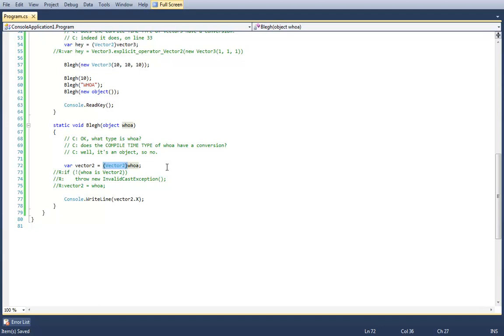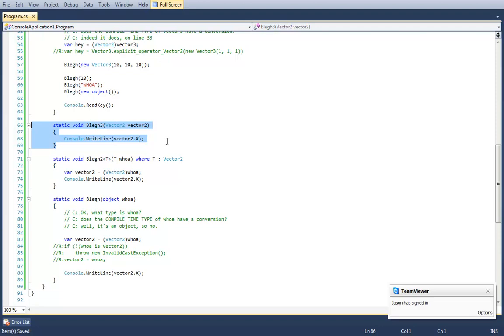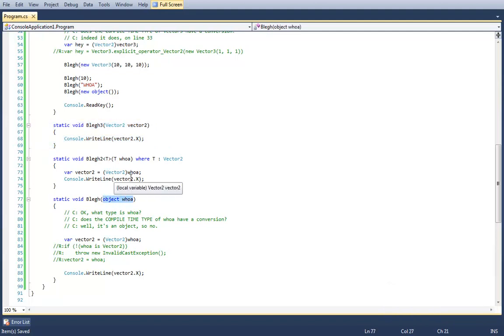Okay, so you should show how to look, but what are you passing into it? What I was kind of pointing out with this method, this ble3, is that it should look like this because this spells the intent of the method more. You should avoid passing around objects unless you are doing something specific. You should avoid using generics unless you have a good reason to use them. And there are plenty of good reasons to use generics, and there are plenty of good reasons to pass around object parameters, especially when dealing with things like reflection.